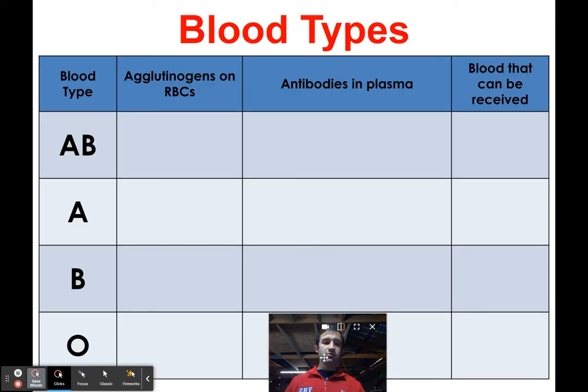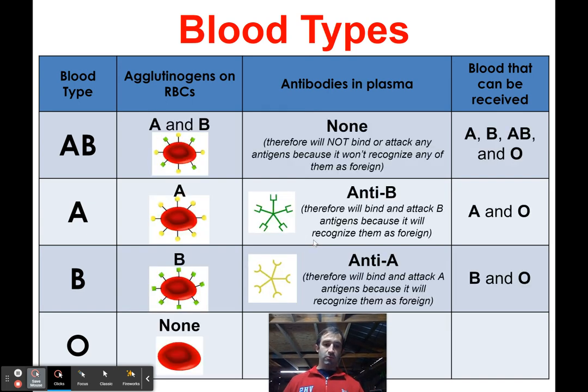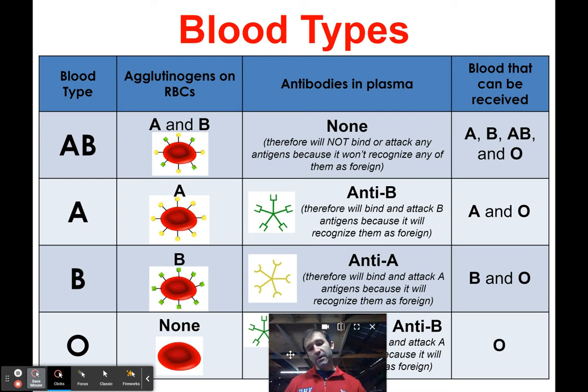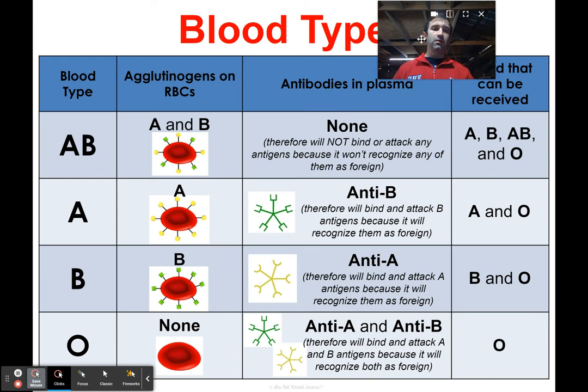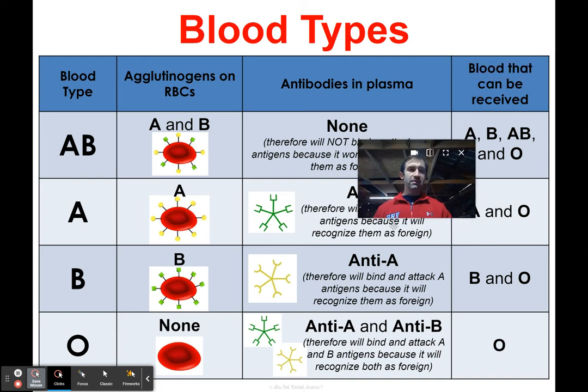All right, guys, you do not have to learn this chart. This is something you'd learn in nursing school. Really, it's just a cool chart to understand. I think you should understand it, but I'm not going to make you learn it. It's not going to be on a test. But it is kind of cool to know, hey, if I have blood type O,